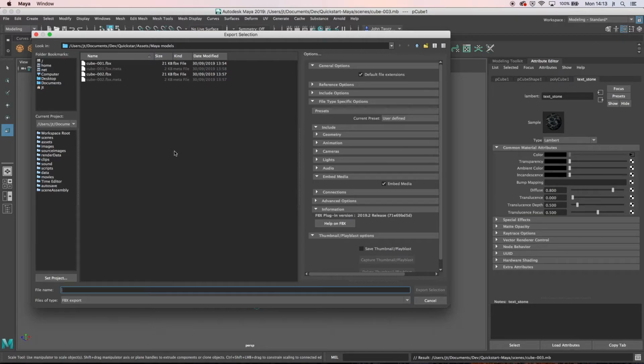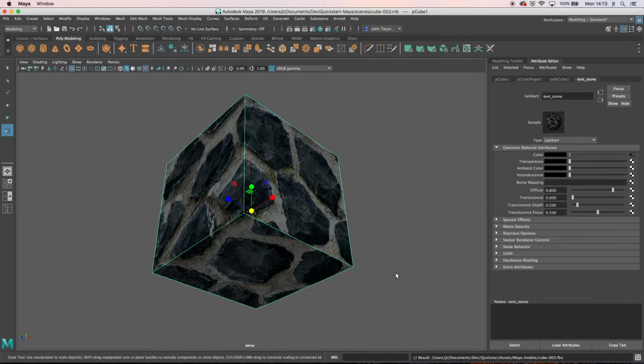Now sometimes this isn't what you want to do. Sometimes you want to have a very clean model and a texture separately, but I'm going to send this across in this way because at this level we are looking for a bit of simplicity. So if I export Cube 3 to the Unity project,